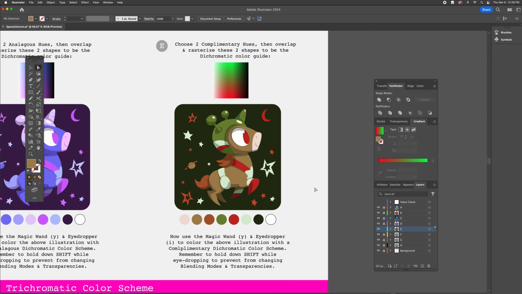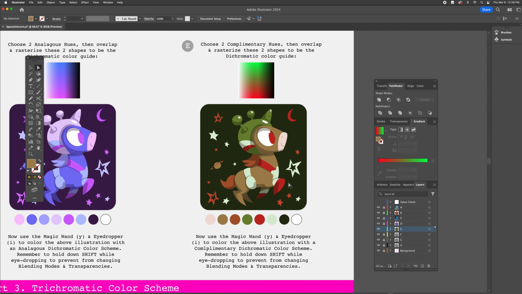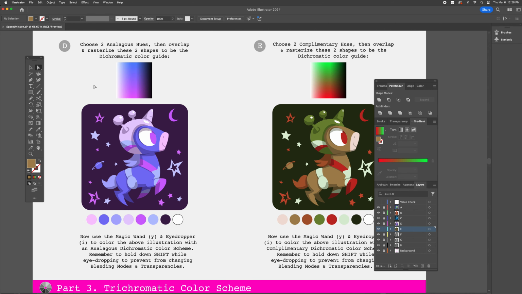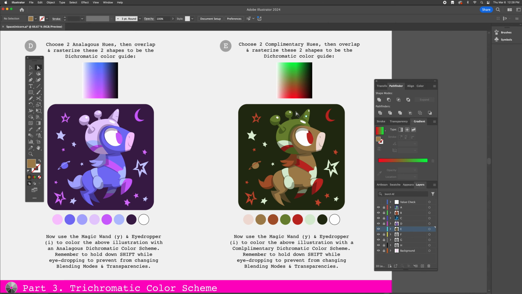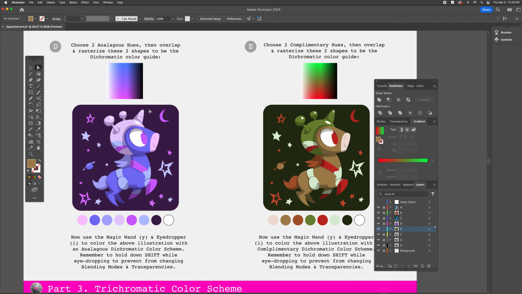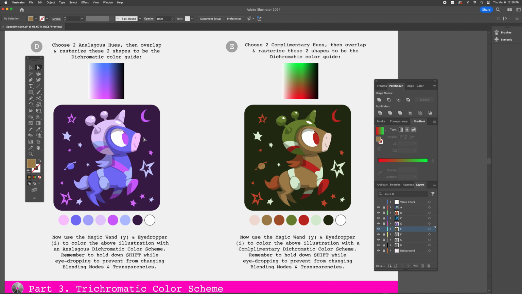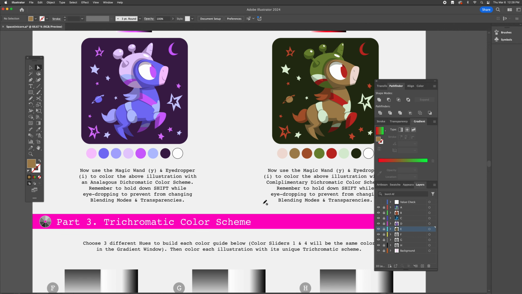All right, so when you're finished with your complementary hues, your dichromatic complementary hues, I want you to notice that you could get quite a more visually dynamic illustration than analogous hues. That's because complementary hues are kind of in competition with each other, whereas analogous, they sit really well. They have a lot of harmony. All right. So depending on the goals of your illustration, you may decide to use analogous color schemes or complementary color schemes. All right, I'm going to lock layer E, and then we're going to move on to part 3,